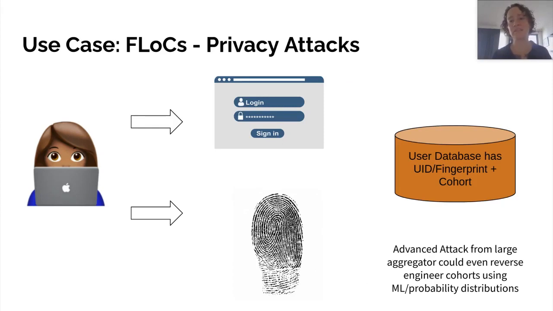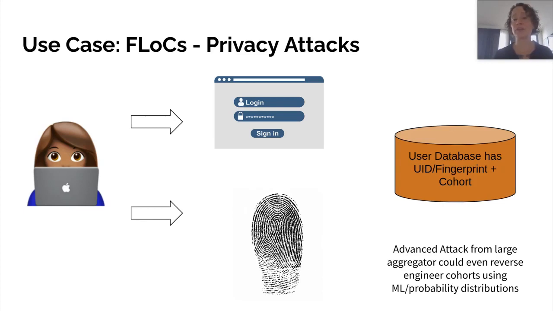because it's fairly easy to discern potential privacy attacks, such as someone using FLoC arrives on my website and I present them with a login screen. And now I have both their cohort and their login. Or I use browser fingerprinting, and now I have their browser fingerprint and their cohort. And these combined, again, when we think of cohorts as a few thousand people, create an environment where it might be fairly easy to de-anonymize